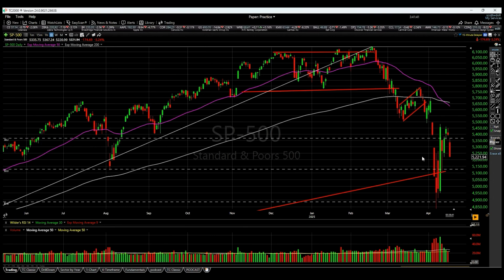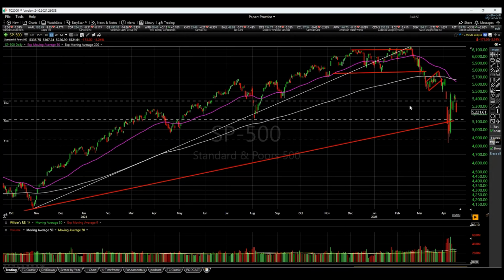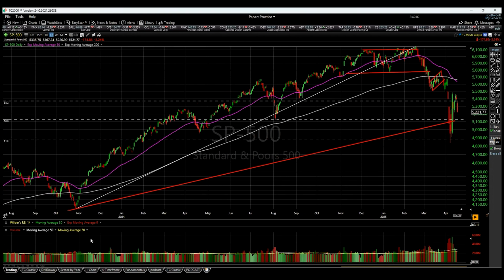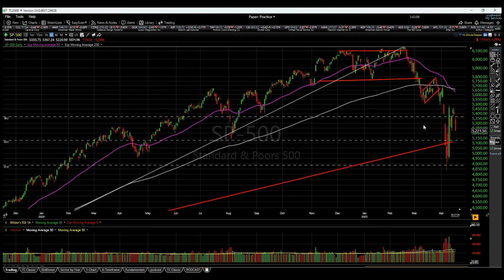Also, I want to point something else out. I talked about Fibonacci retracements in one or two podcasts ago. I said we've got support here, which is 38% back from the top, support here at 50% back, and then support here at 61.8% back. These are measurements from the start of this bull market, which started in November of 2022. Well, what we did is we stopped at this 61.8% back, and we bounced off of it. So we're still in a cyclical bull market.